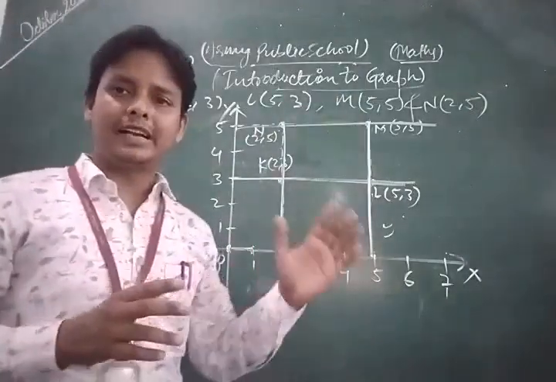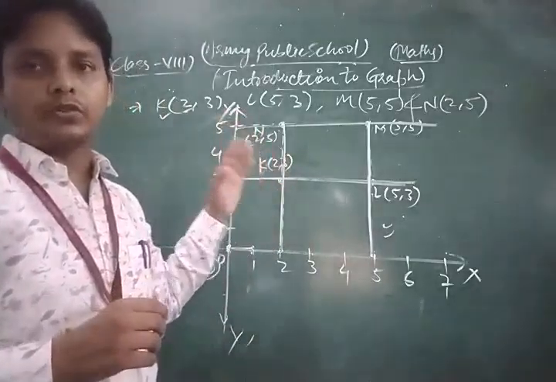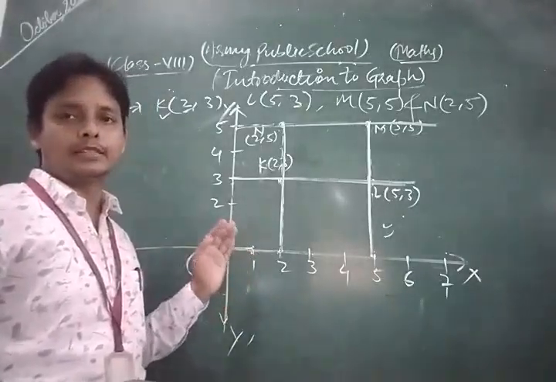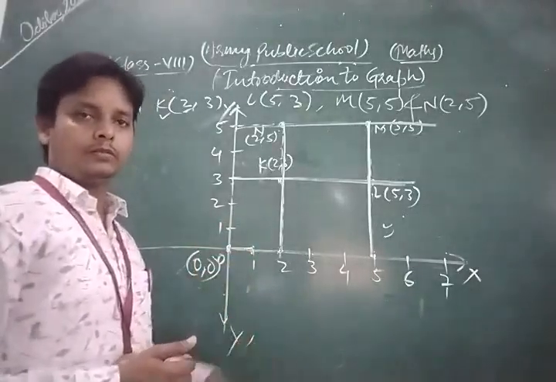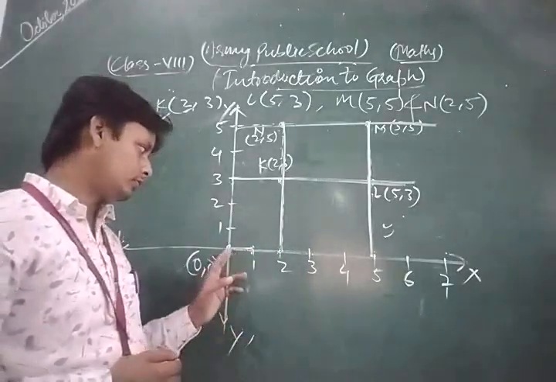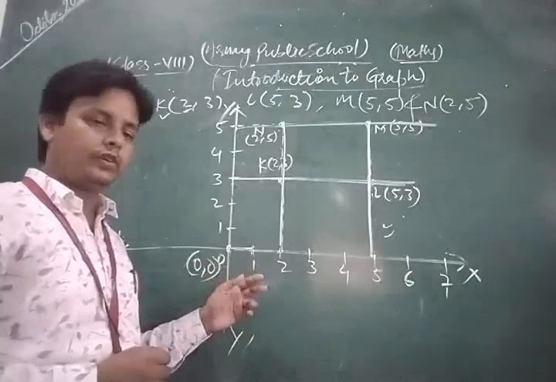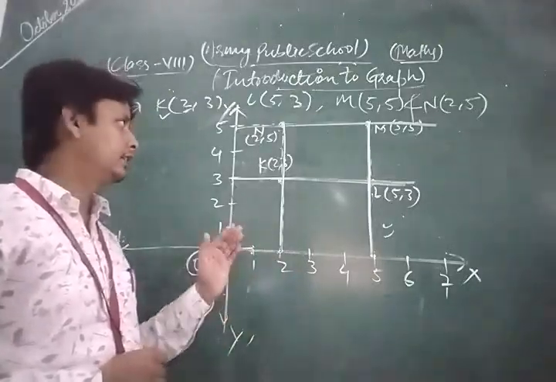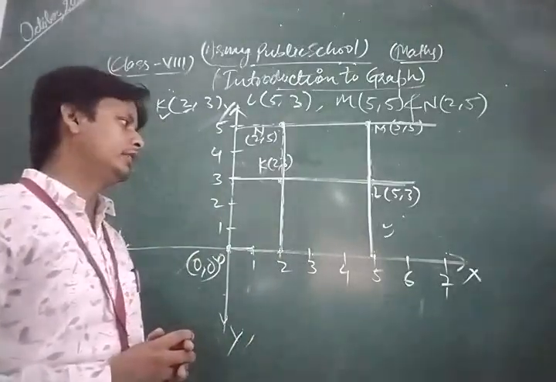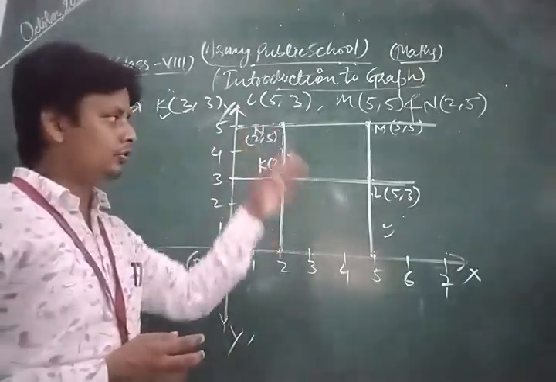First of all, in that type of question, you draw the graph. First of all, you draw two mutually perpendicular lines as the x-axis and y-axis respectively. After that, in the positive direction of x we take 1 2 3 4 up to 7, and in the direction of y we take 1 2 up to 5, and after plotting this graph we plot all these points like K, L, M, N and we join them.